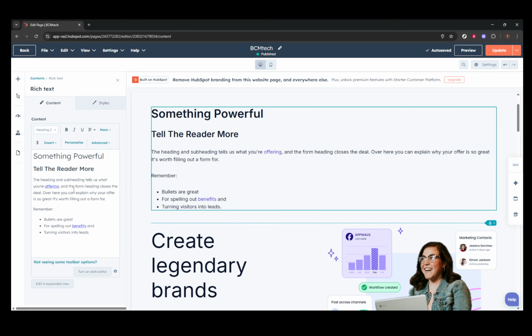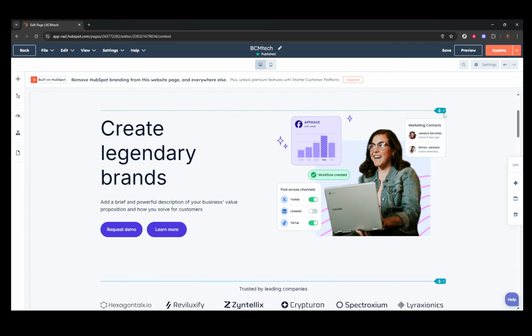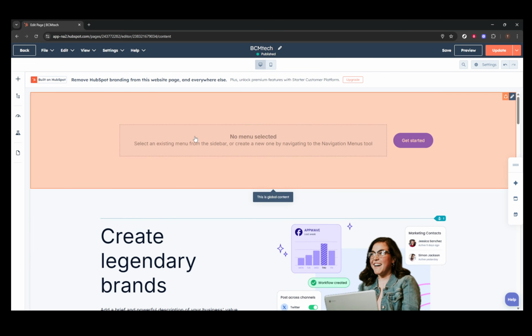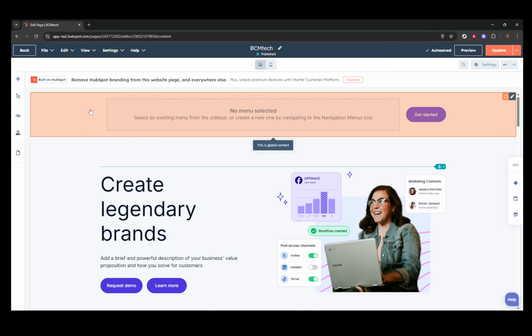Now, turning our attention to layout adjustments, you can modify the width of your columns by dragging the column divider to precisely fit your design needs. If you're looking to tweak the overall styling of your sections, hover over the section you want to modify and select the Style option. This gives you control over background, spacing, alignment, and more, allowing every element to shine harmoniously